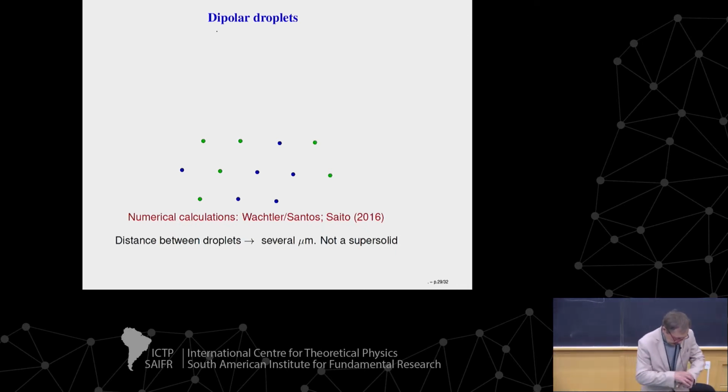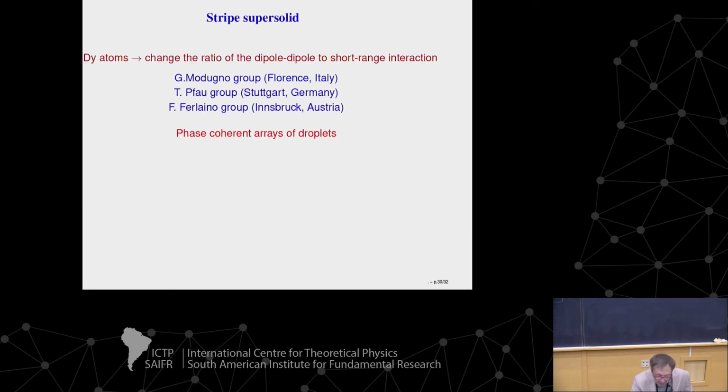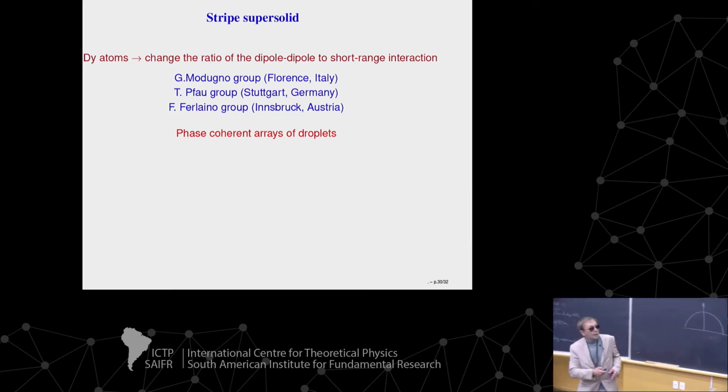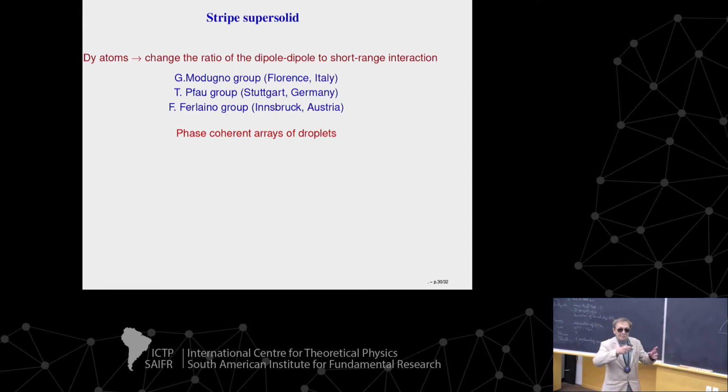What happens is the following: three groups, the group of the same Tilman Pfau, the group of Giovanni Modugno in Florence, and the group of Francesca Ferlaino in Innsbruck, they obtained again these dipolar droplets,